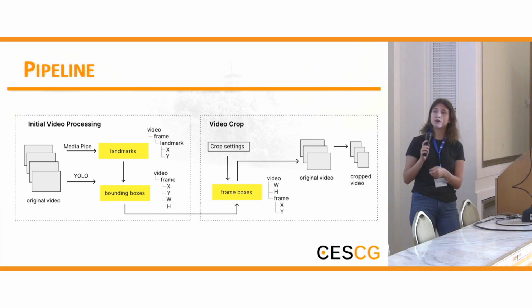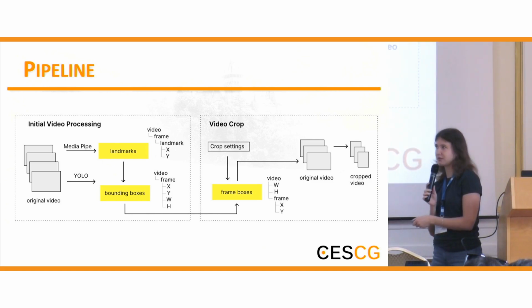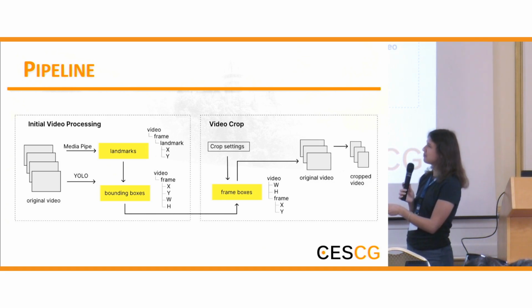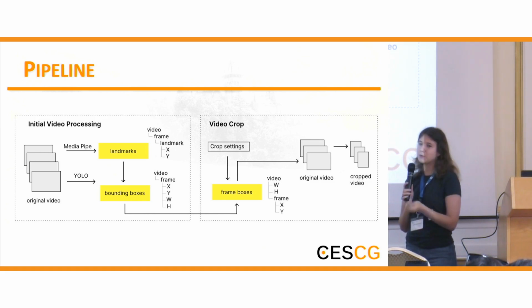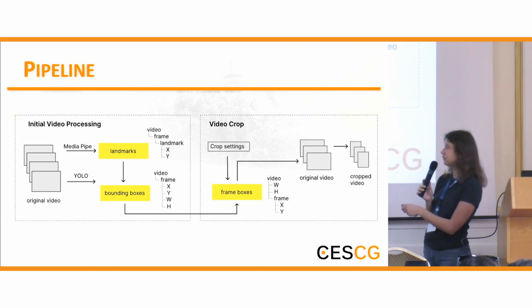You have the original video that has some big frames, and you can choose if you want to use the MediaPipe or YOLO detector. And I will tell you later why I used exactly those two. But for example, you have MediaPipe, the pose detector, actually a pose estimator, and it gives me as the result the landmarks. And for each frame, I have exactly 33 landmarks of the person that have X and Y coordinates.